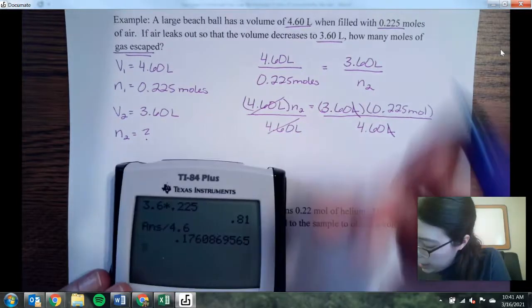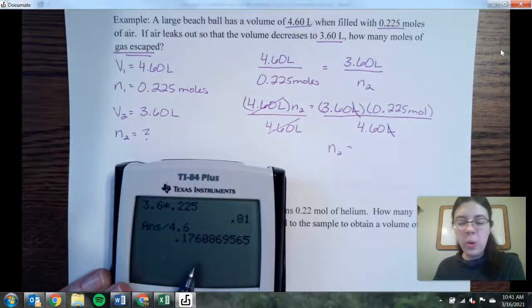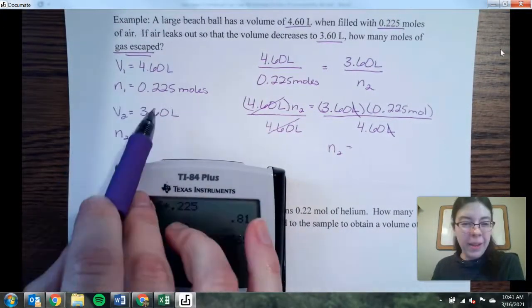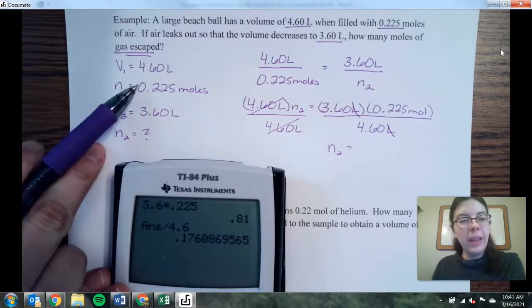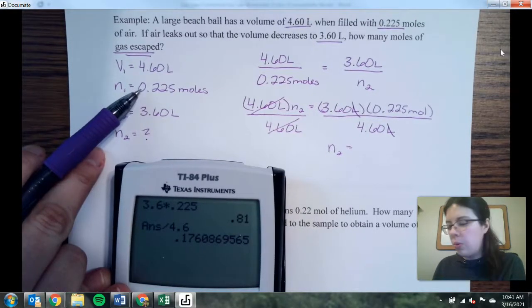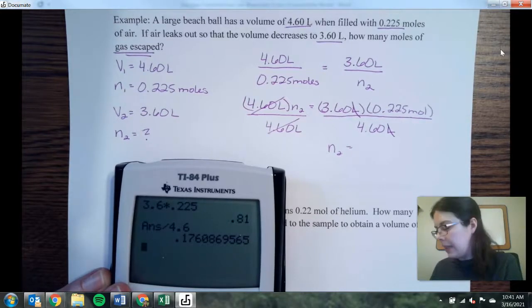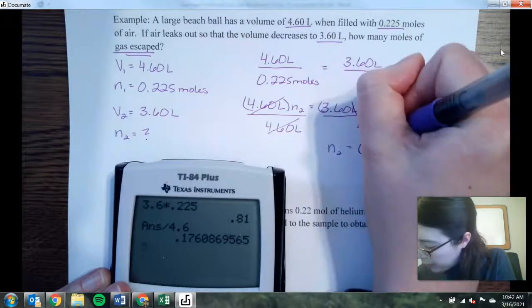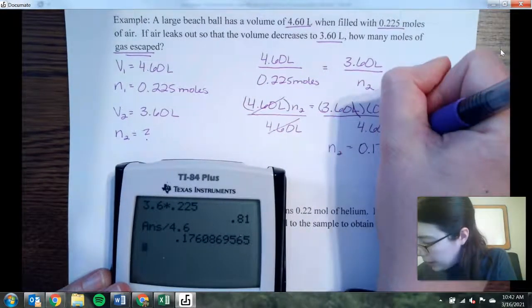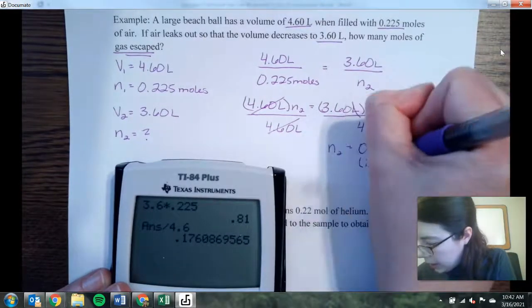So N2 is equal to this number, and we want to think about the number of moles. In each case, we have 3 sig figs. This one, remember, leading zeros never count, so that's still just 3 sig figs. Trailing zeros do count because we have decimal points in this case. So the number of moles in our balloon after the air escapes is 0.176 moles, and that's the air in